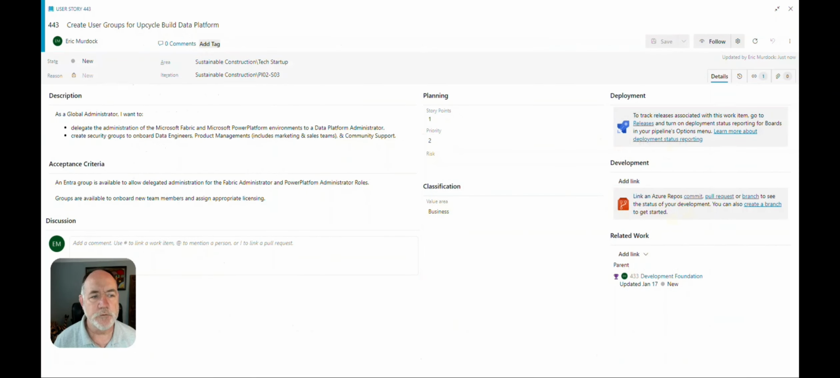So my first order of business is to create user groups to support the Upcycle Build data platform. As a global administrator, I want to delegate the administration of the Microsoft Fabric environment and the Microsoft Power Platform to a data platform administrator. I also want to create security groups to onboard the data engineers, the product management team, and the community support